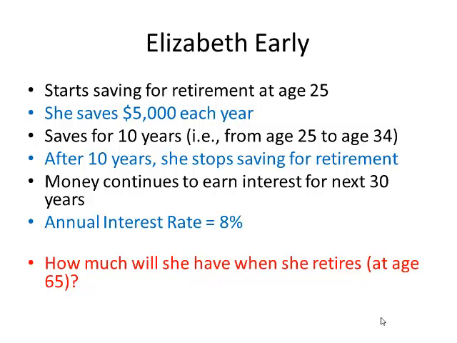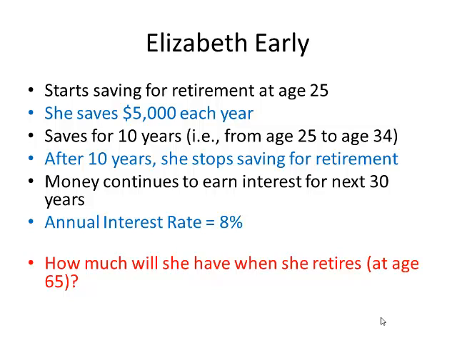What I'm going to assume is after 10 years, so when she turns 35, or at the end of her 34th year, she's going to stop saving. But the money that she's accumulated through those 10 years of saving, she's going to allow to continue to accumulate earnings for the next 30 years. And so when she's at 65, she's going to go back and look at how much that pot of money